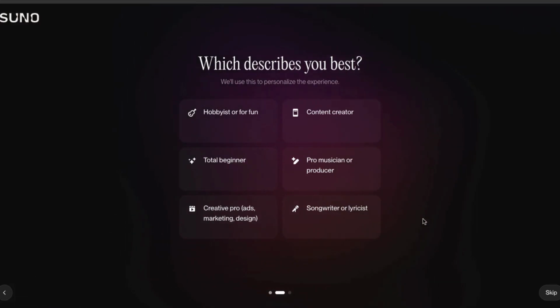So if you go to suno.com, it is the orange icon. You're going to click on it, sign up for free, and take the steps. You're going to sign up with your email, your password, put in your date of birth, and it's going to bring you here. So, in terms of which best describes you,